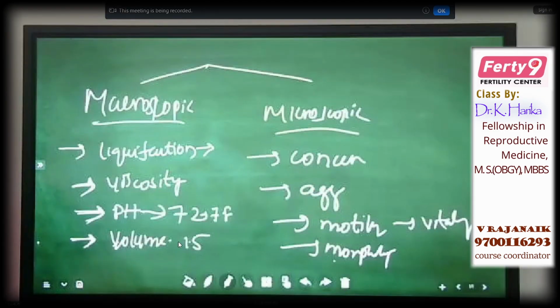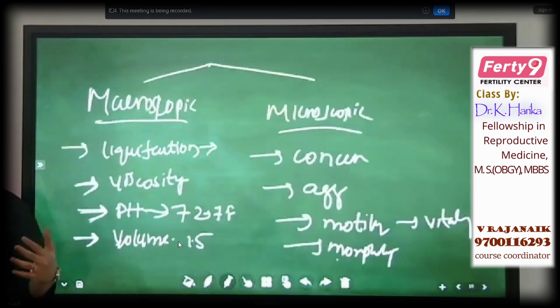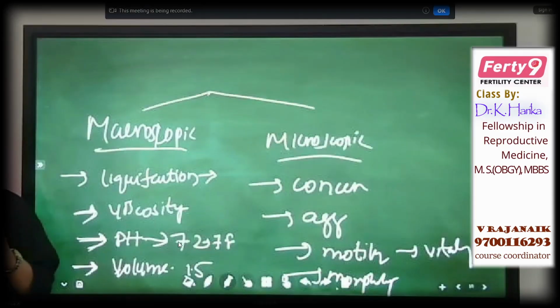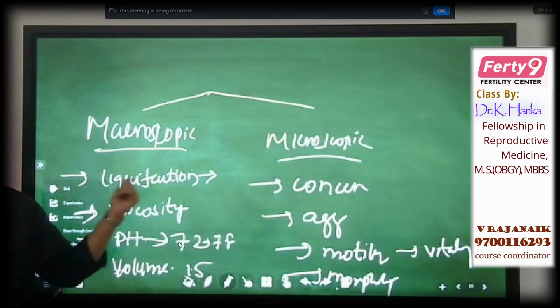Any abnormality, whether it is too thin or too thick, will have a negative impact on sperm motility and sperm vitality. What will happen in a few infections also? The same thing: enzymes won't act. Proteolytic enzymes, basically all the proteins, come from the prostate and seminal vesicles. If there is any pathology with these two organs, then ultimately there will be a problem with liquefaction.